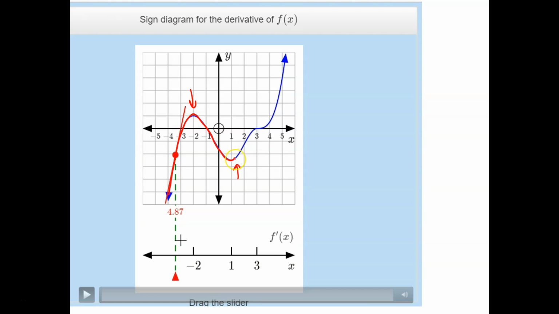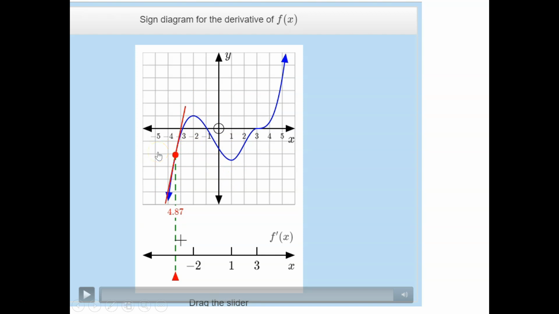But if we keep going up here, we have another stationary point. But this one here didn't turn around, it wasn't a turning point. This one continued all the way up there. So think of it as if it's slowing down, but then it goes back up. So for this, I would like you to consider the sign diagram of not the function, but the